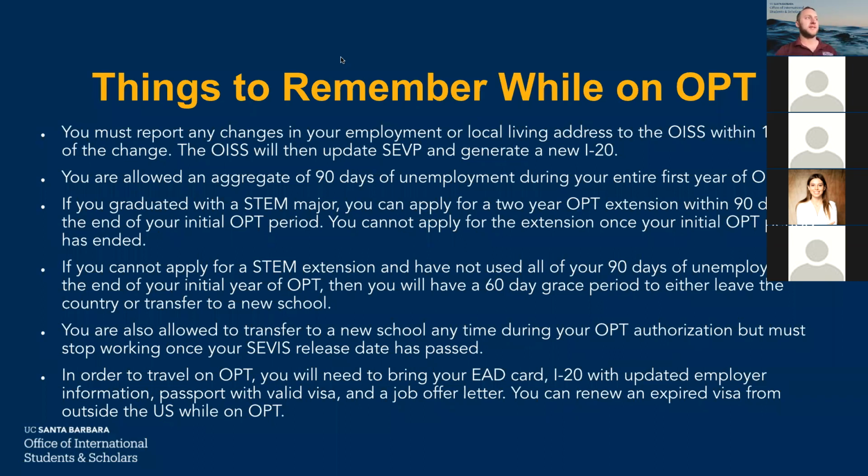While you are on OPT, you must report any changes in your employment or local living address to the OISS within 10 days of the change. Like with CPT, you get the job, you apply with the offer letter, and then you're approved. With OPT, you apply for OPT, you're approved, and then we don't need to see an offer letter, but you do need to log into UCSB Global and update your employment. Say, hey, I'm working here, it's this many hours, this is my supervisor, and this is how it's related to my major. So you do report that via UCSB Global,